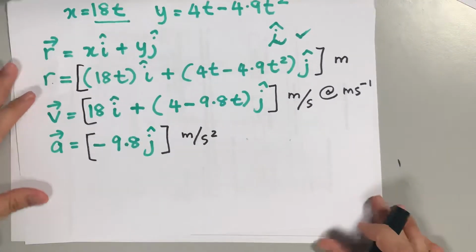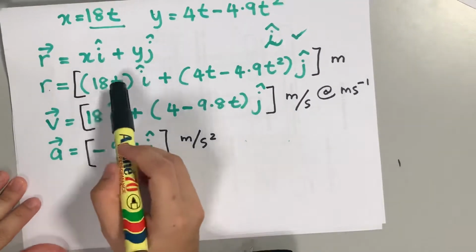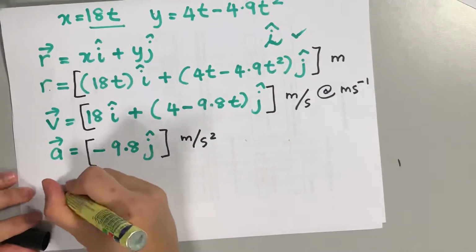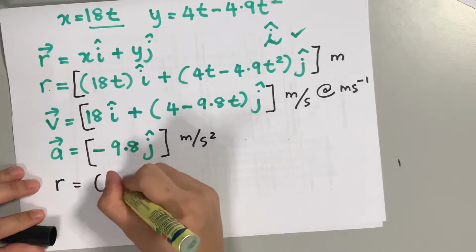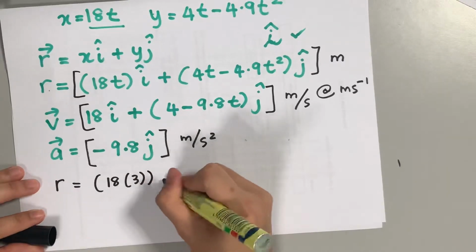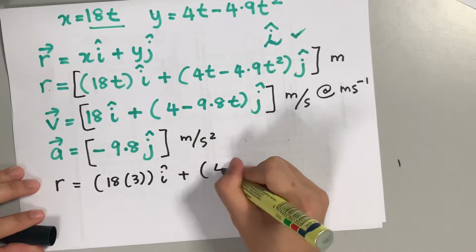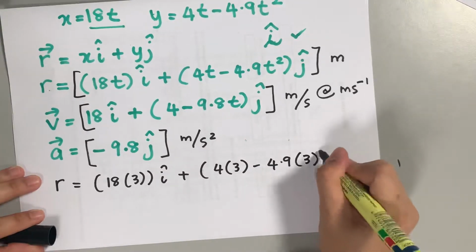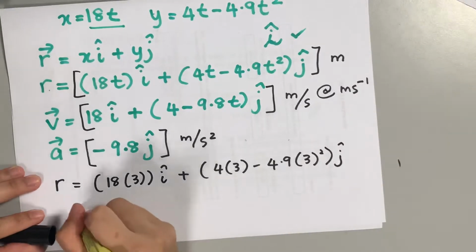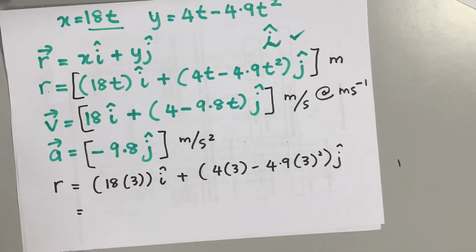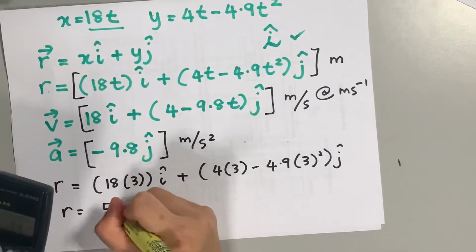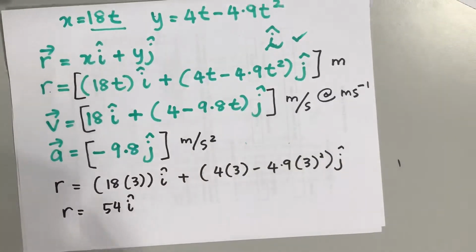So we substitute 3 seconds inside the time here, t. So for r, 18 times 3 i plus, so what's the answer? 54 i